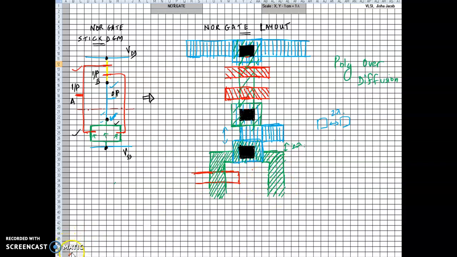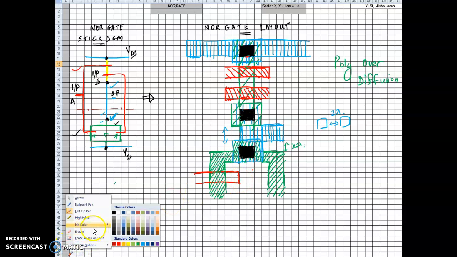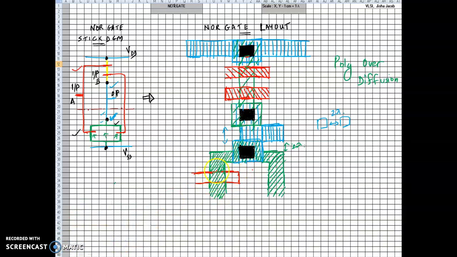Okay, and that's why I just finished the diffusion here. The next in line is to finish the polysilicon. Let's do that. Okay, the polysilicon, let me draw it, polysilicon over diffusion as we must. The shading is in the opposite direction like we said earlier. Keep going. It has to go till 2 lambda. This is 2 lambda, like we already know for a transistor. It has to be 2 lambda. That's right.